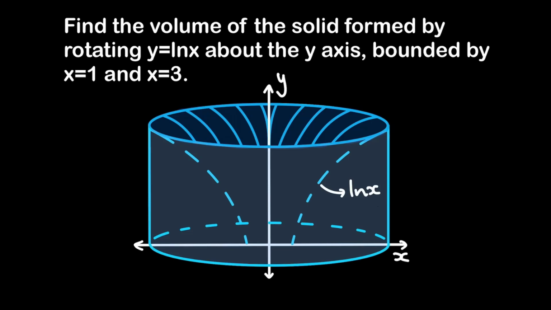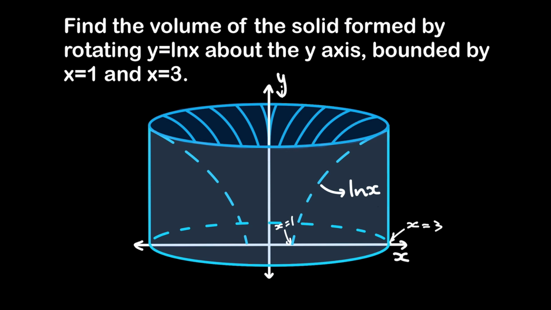Find the volume of the solid formed by rotating y equals the natural log of x about the y-axis, bounded by x equals 1 and x equals 3. At x equals 1, the natural log of x is equal to 0. So therefore that is x equals 1. And this here is x equals 3. So we are finding the volume when we rotate this function that sits between these two points about the